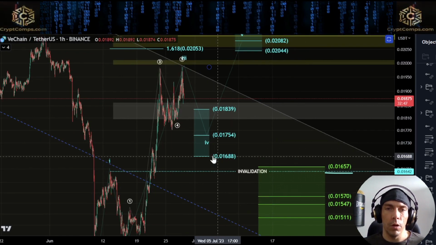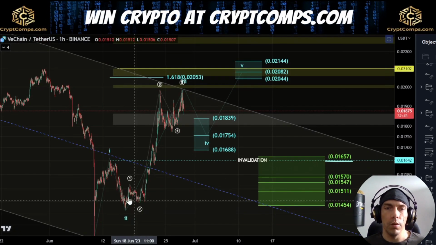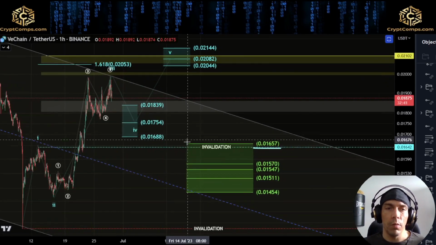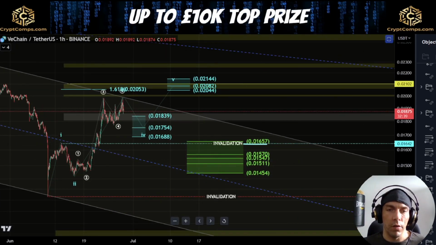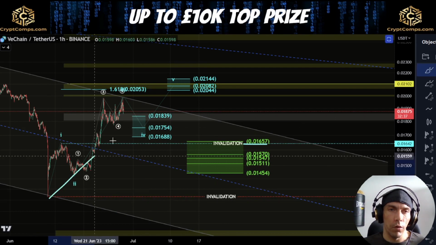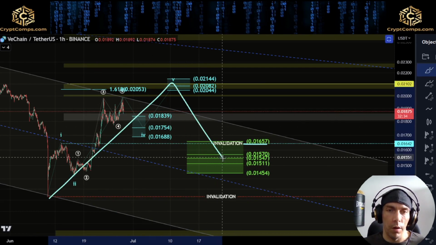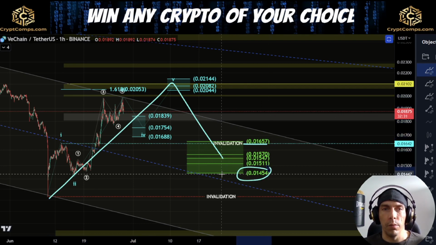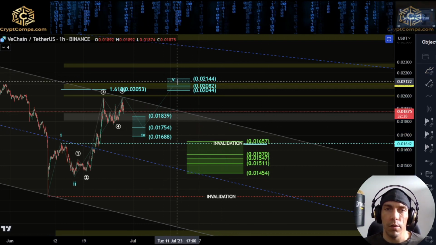So like I said, as long as we hold 0.1688, I will be looking for that potential to push up here, where we look for this as a five-wave move. And then what we'd want to see is a retracement to the downside. So if we're looking for continuation where this becomes 1, 2 or A, B, we'd be looking to hold this 1454 if we do see a push up into these areas here.